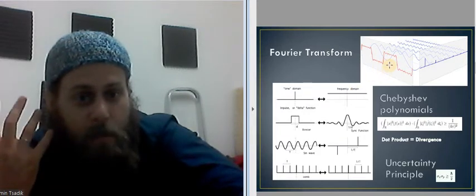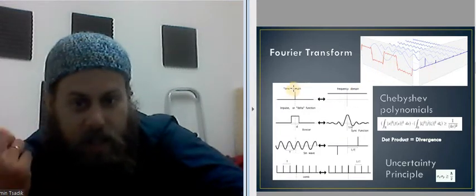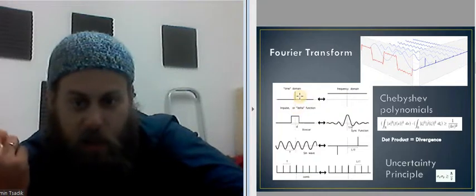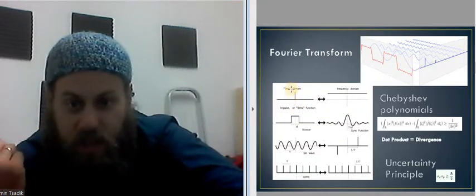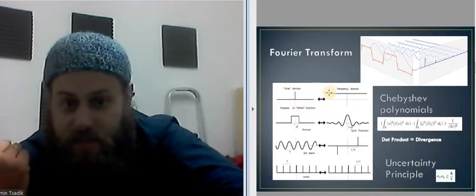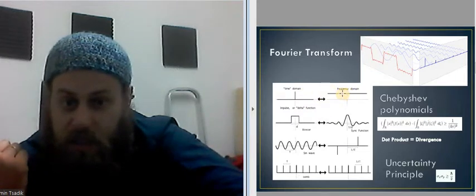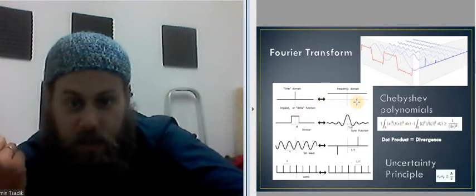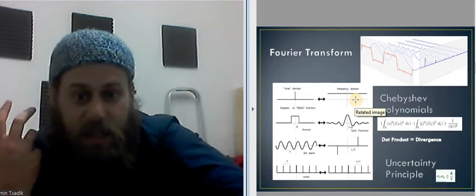If you get more and more accurate in one domain, like this is super accurate, this is what we call the delta function. This is the delta function in time. And what happens in frequency is it's just spread out completely. It's just like this straight line across frequency, right? It's just completely